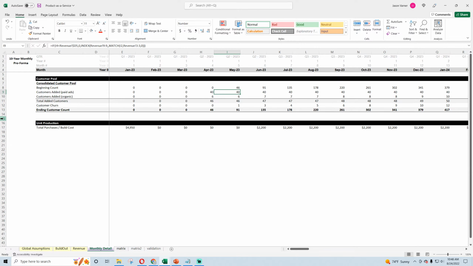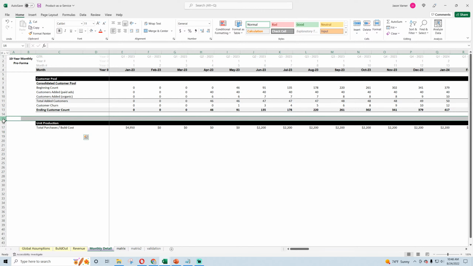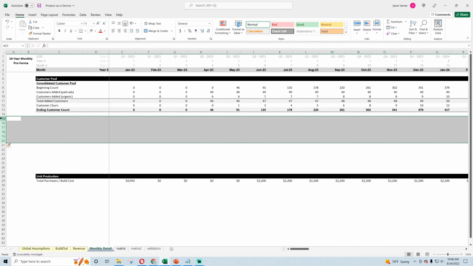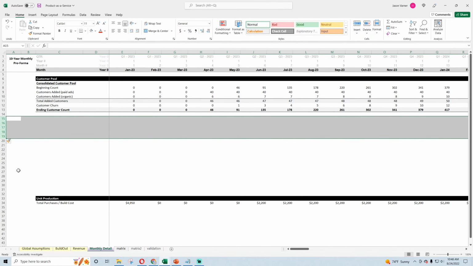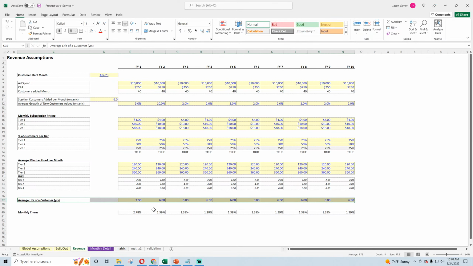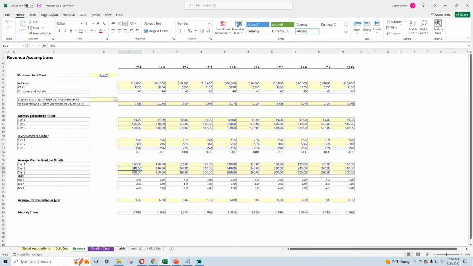Now, we can't do unit production yet because we have to break this customer count into the different pools. And now you can see why I did one churn rate for all customers, because now we can apply that customer count to all these other things dynamically without having to do 2 more full matrix tabs, which is nice. So we're coming together here.